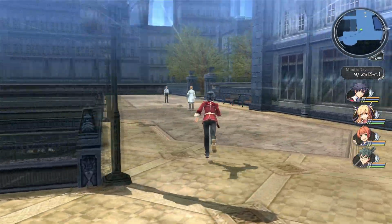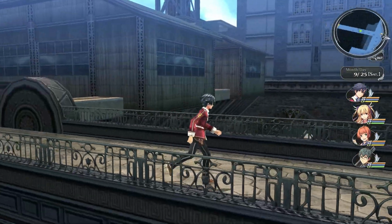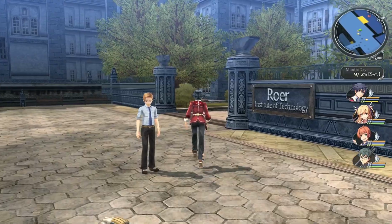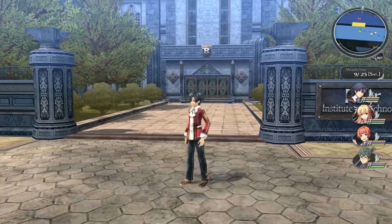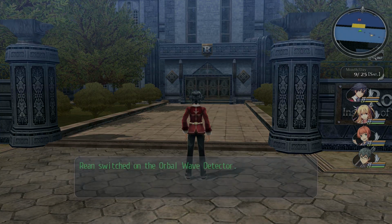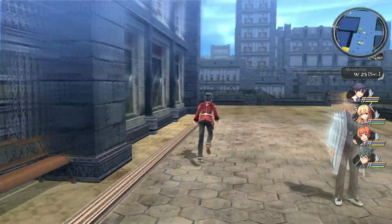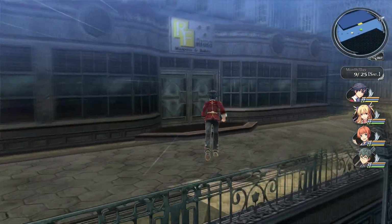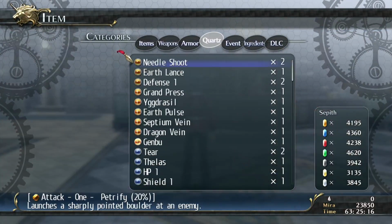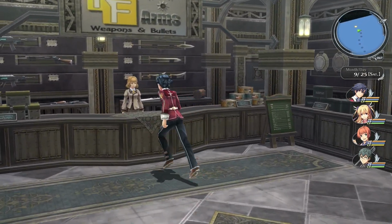Alright, we're just gonna scan over here. Oh, what's this? Yeah, probably not anything over there. Let's not go in, because I don't want to start that thing yet. Okay. I'm just gonna scan in front of, oh, what's this? Weapons and arms. That might be orbment related. Nope. But since we're here...